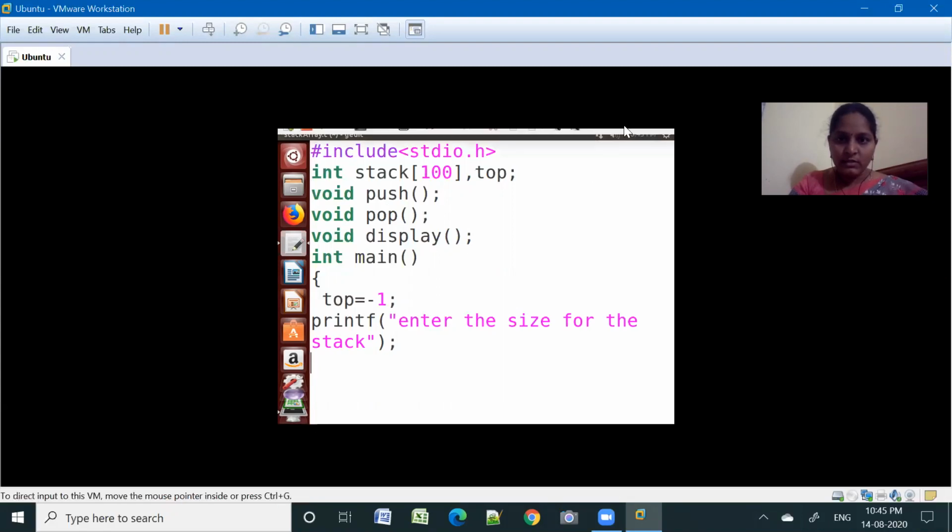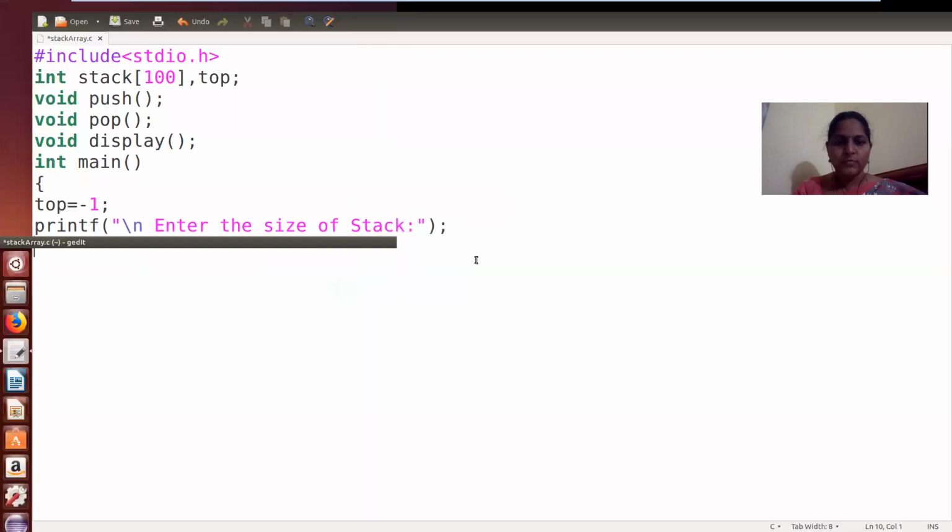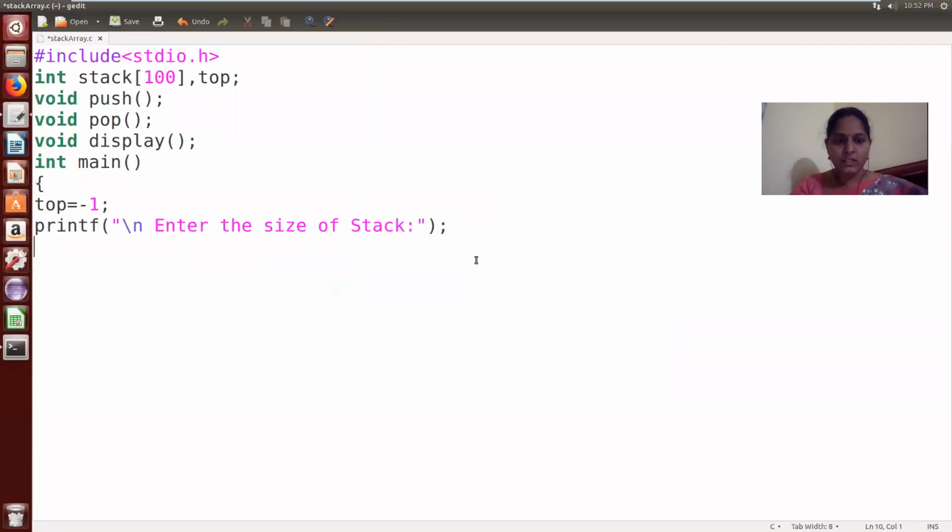Let me maximize this screen so that you can see. Here printf 'enter the size of the stack', and read the size from the user with %d and &n. I am taking the variable n for storing the size from the user, so for that I have to declare n.